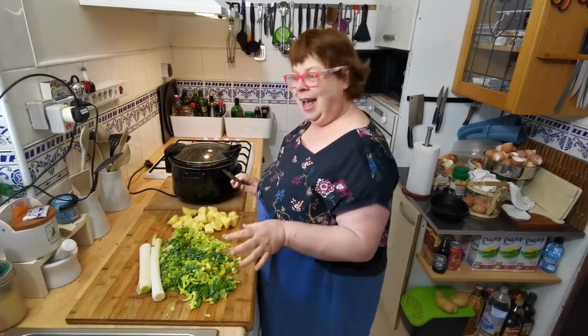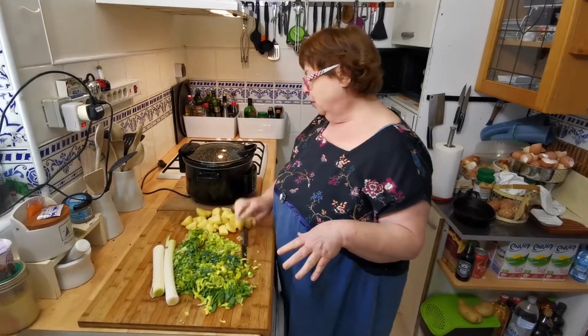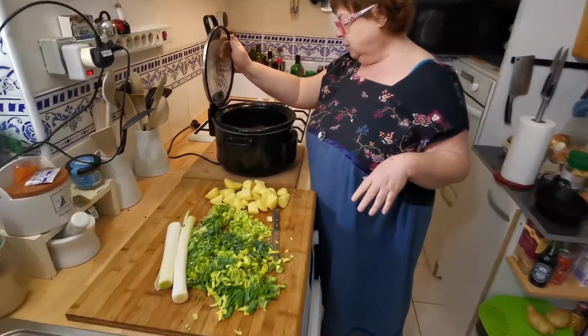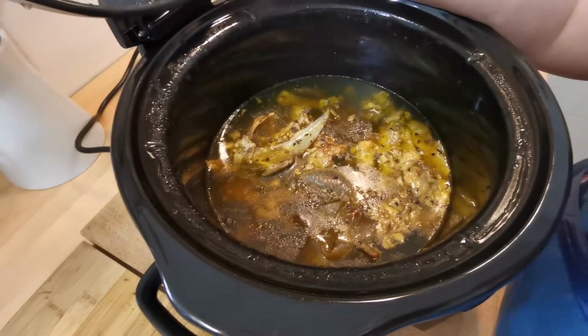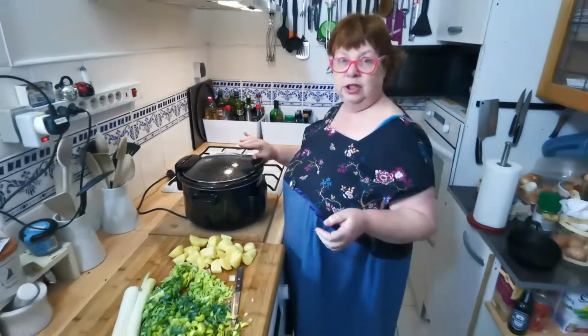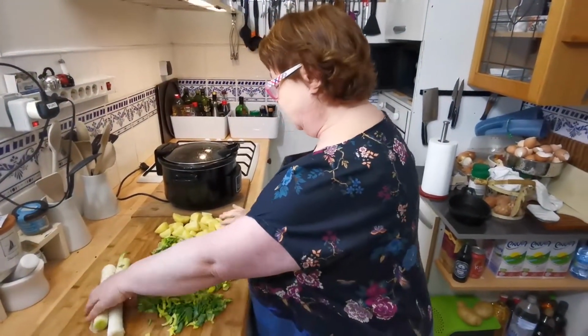Hello. I'm doing a soup from yesterday's carcass. I put the carcass in the crock pot overnight, and as you can see, it's cooked for 5 hours. And I think that will taste very nice. It was a chicken, just the chicken bones. Now, what I'm also doing is taking,